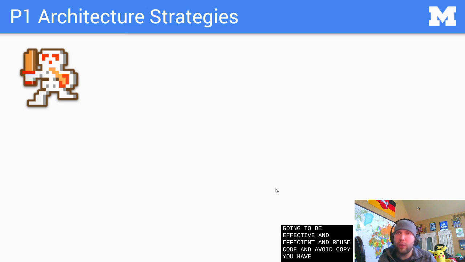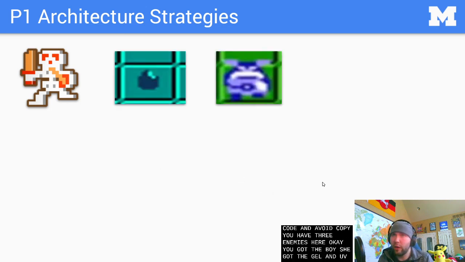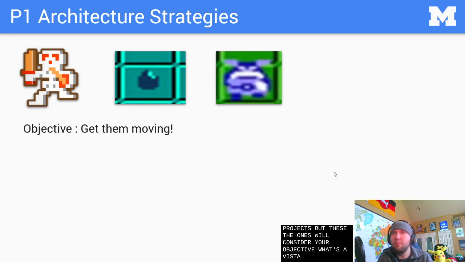You have 3 enemies here, okay? You've got the Stalfos, you've got the Gel, and you've got the Goria. You have a few more in the actual project, but these are the ones we'll consider. Now, your objective, let's say, is to get them moving. You just got to make them move. And what's interesting about these enemies is that when it comes to moving, they move in a pretty similar way, don't they?